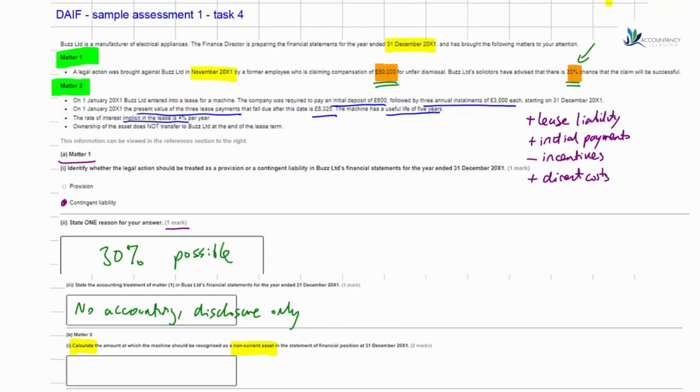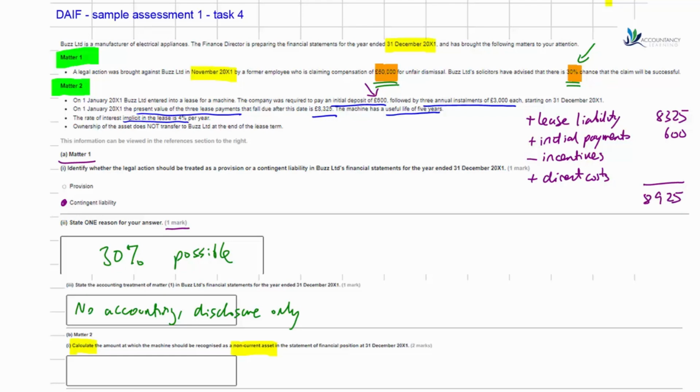So how much is the value of the lease liability? It tells us in the second bullet point that the present value of the 3 lease payments is 8,325. And then do we have any initial payments? So yes, we have our initial deposit of 600. There was no incentive. They didn't give us any money back for taking out the lease, and there's no mention of any other direct costs. There's no legal costs, for example. So the total cost we're going to recognise initially is going to be